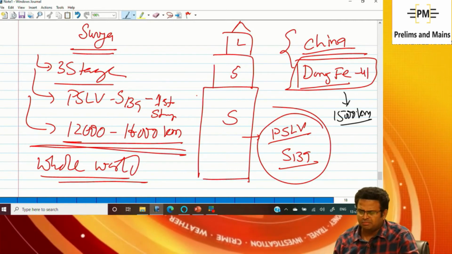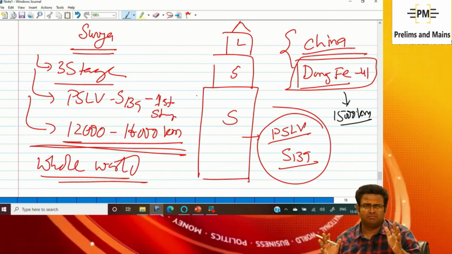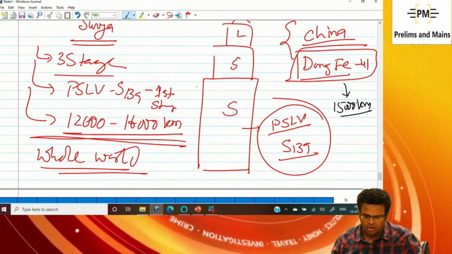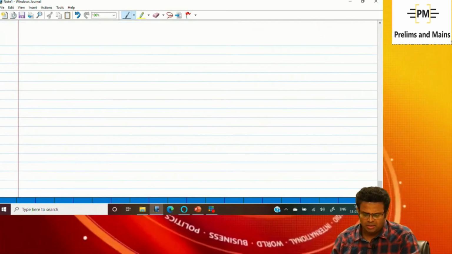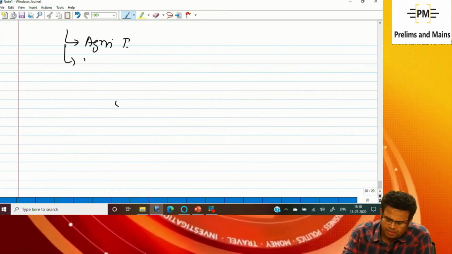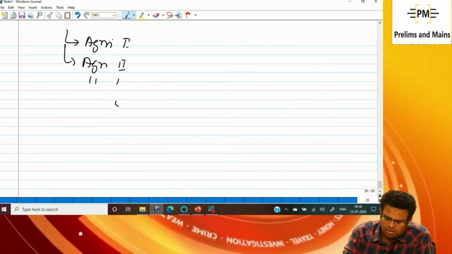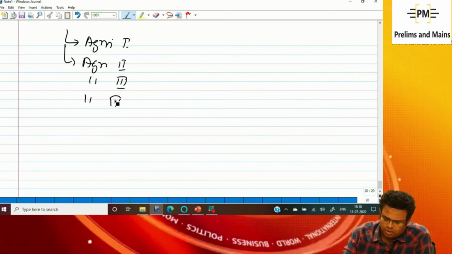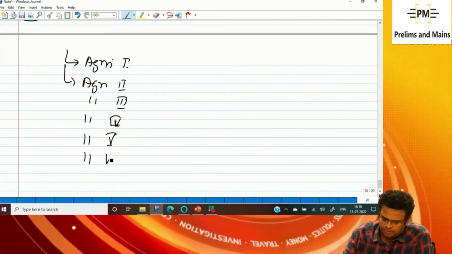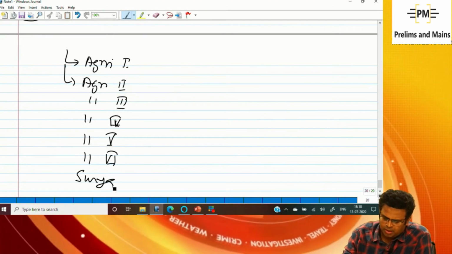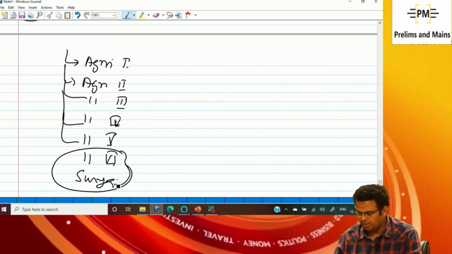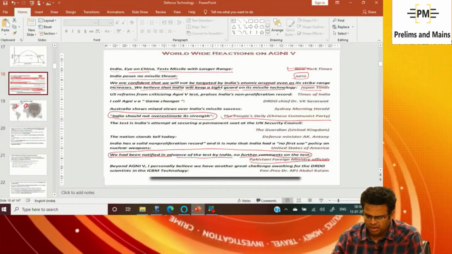UAV is unmanned air vehicle, beta. A pilotless aircraft, UAV. Now we have been able to see Agni 1, Agni 2, Agni 3, Agni 4, Agni 5, Agni 6, and Surya, and India is not showing these two. So we have been able to see this one, and you can say,